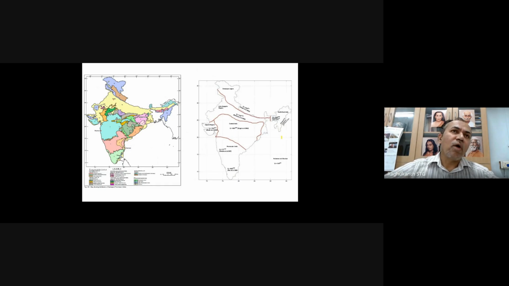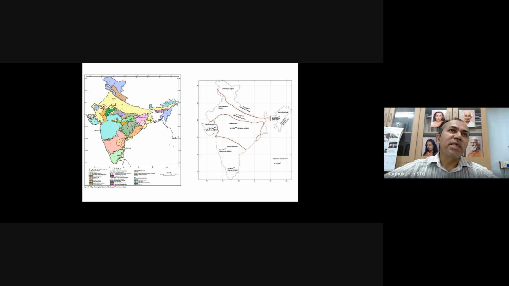Now the earthquake magnitude probability density function is known, and the distance function is known from this elliptical smoothing. The next step is the ground motion prediction equations, the GMPEs, where for a given magnitude and distance, we should be able to estimate the PGA. That is what is required for an engineer. As you know, in India it is very difficult, and geologically India has a lot of varieties.